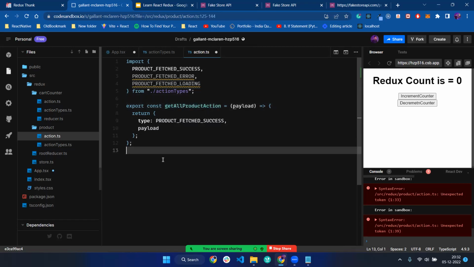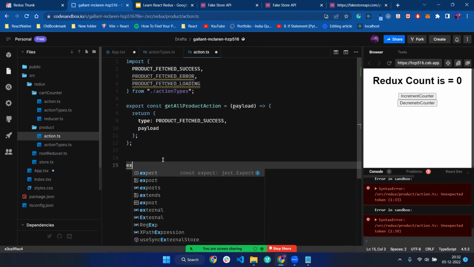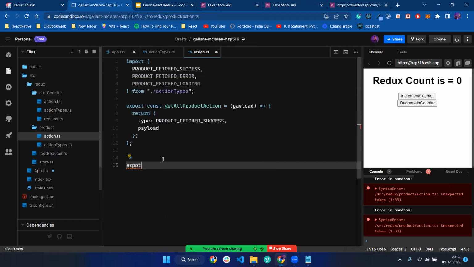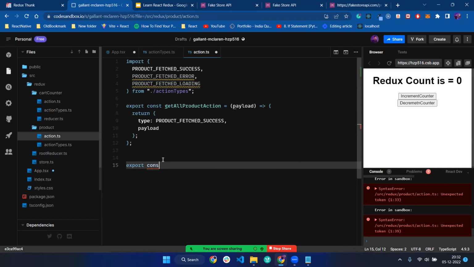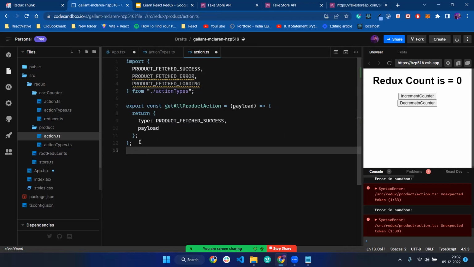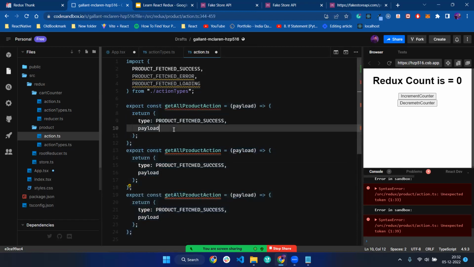Okay, so now let's make an API call. How do we do it with the thunk? We are going to create a thunk called expose. Before creating a thunk, we also have to deal with the success, error, and failure actions. So how are we going to create